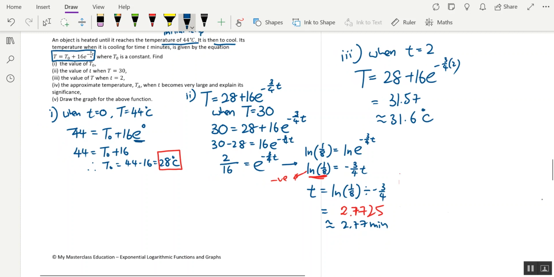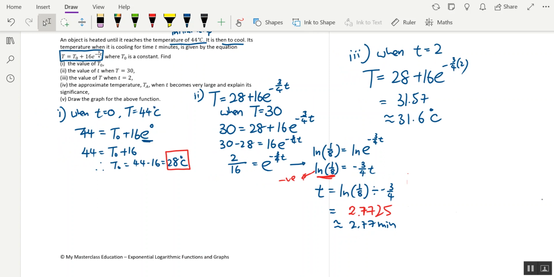So of these questions, part 4 is the most important, so I will put it in red. Okay, find the approximate temperature when t becomes very large. Alright, this is your starting equation. T equals 28 plus 16e power negative 3 over 4t. When we explain, we always start with as t becomes large,